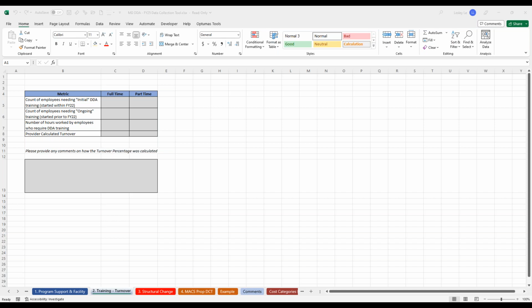But we didn't want to overburden you with a ton of emails asking for all these different data points. So we included this tab in the data collection tool, but the training is going to be applied to all services as an update in that training component. And so it's important for us to get a full view of what the turnover rates for the various providers are.